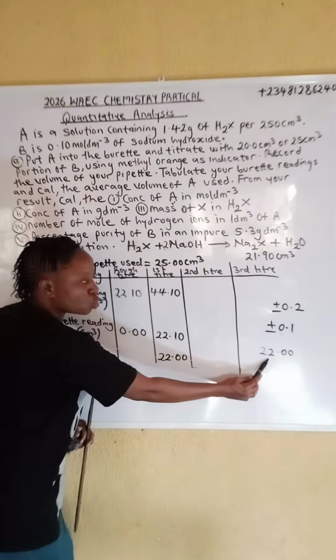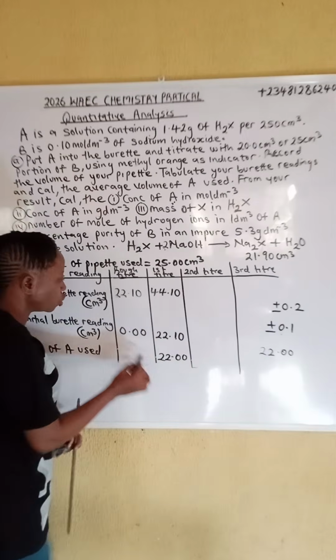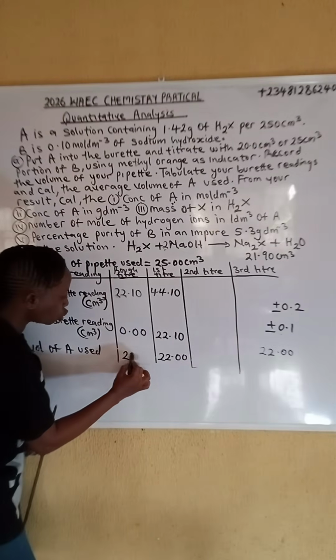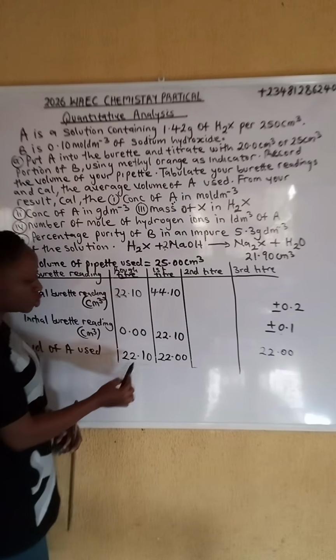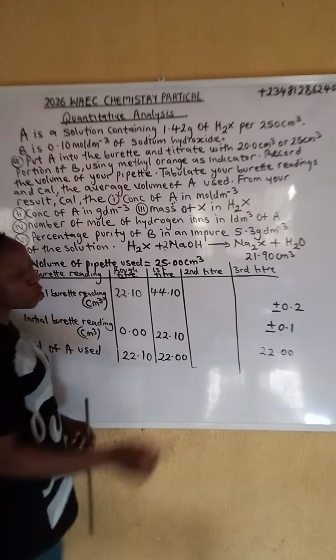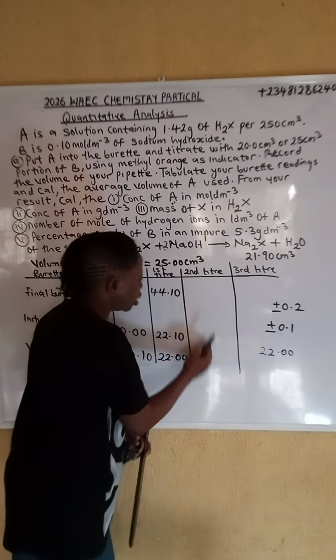So you must come back to your titre value that you want to use. Now this one will give me 22.10. That is 22.10 minus 0.00 will give me 22.10. Now to form the next one,